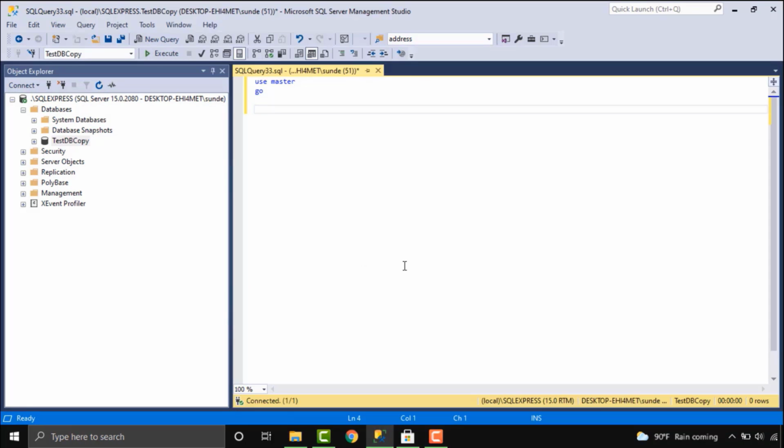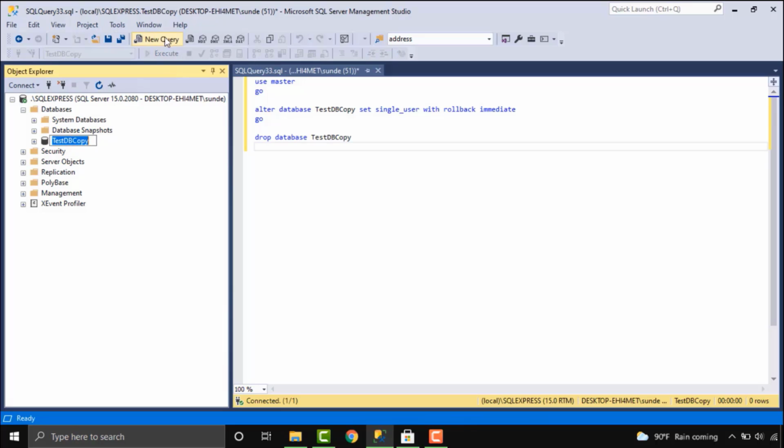To delete the database also, we will follow the same script. We will give alter database, database name, set single user with rollback immediate, then drop database testdb, copy.